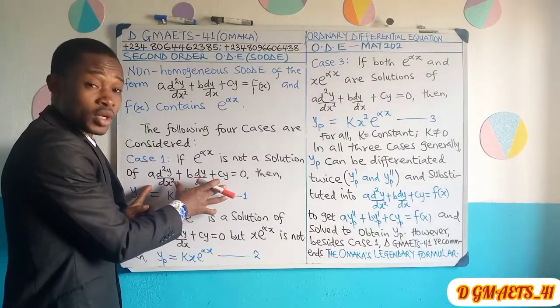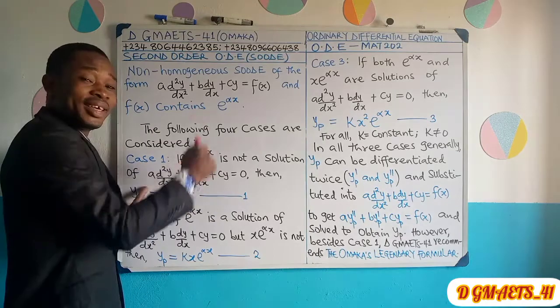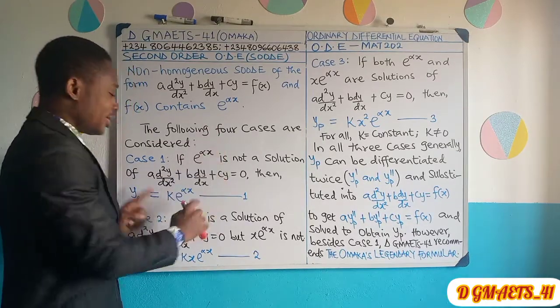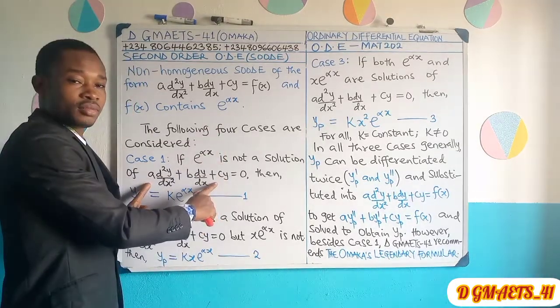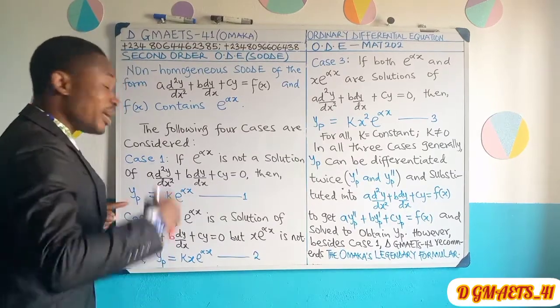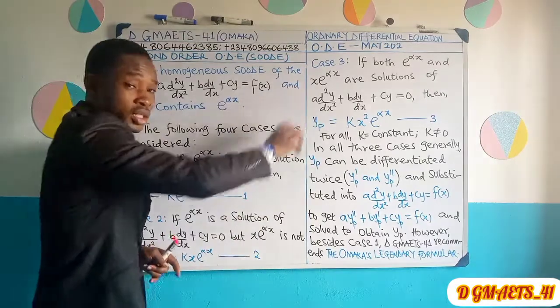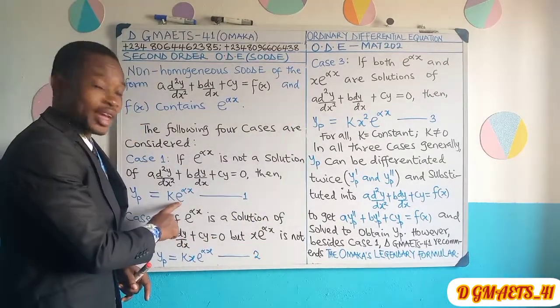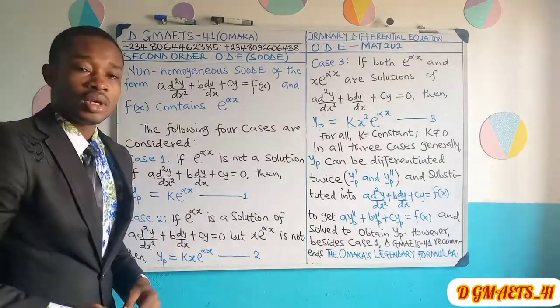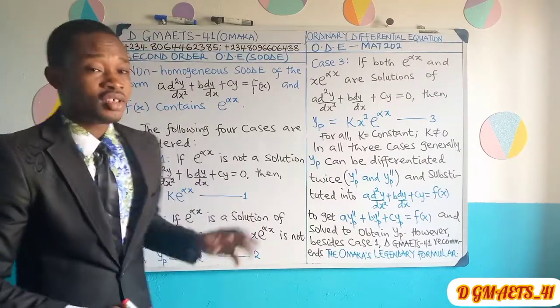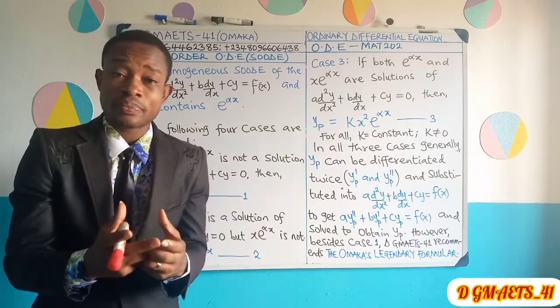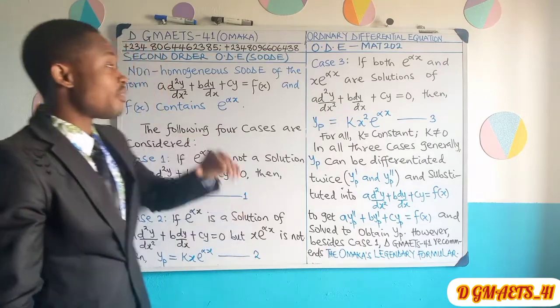That is to say, in other words, if it is not in the complementary function of this, then the particular integral you're expected to use to solve for the f of x part will be given as this, k exponential alpha x, which I labeled as equation 1. These are terms you have to memorize. This is telling you that you're given a problem,